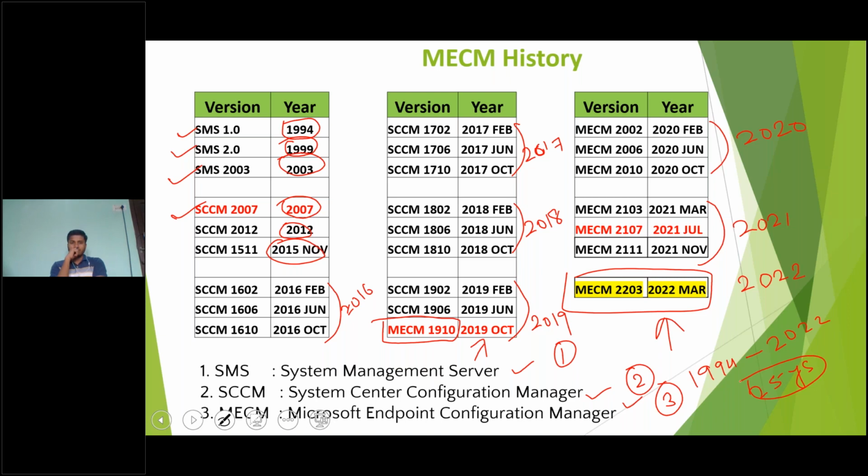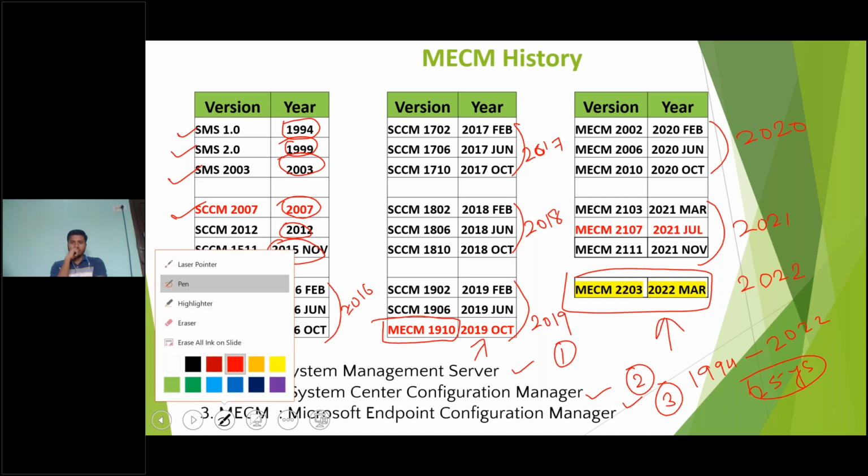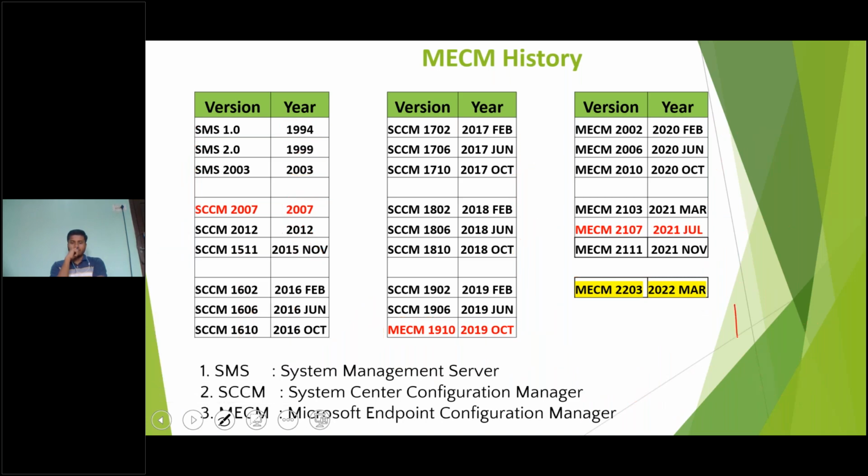It's a matured product. And why do we need this product? What is the role of this product? Basically, through this product, for example, this is your MECM server, you can control your devices in the enterprise. Suppose you have thousands and thousands of devices all over the globe. Let's say your company name is Yahoo, and Yahoo has 80,000 devices all over the globe, right? You have a headquarters somewhere in New York, and then you have branch offices in multiple regions.